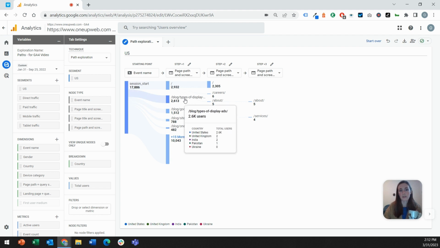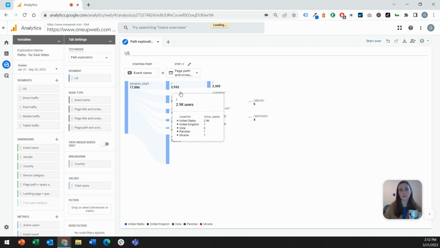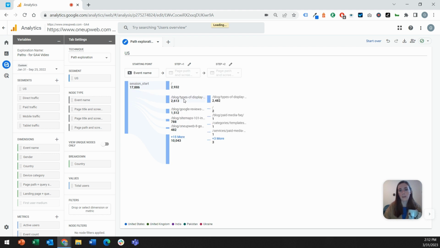So then you can compare that, for example, to somebody who entered the website through a blog. Instead of looking at more high-level company pages like those homepage users did, these users decided to look at more resources, including templates and downloads, a different blog, and then some of them chose to look at service pages or the homepage. So that you can then click through that journey and see what that was all about.